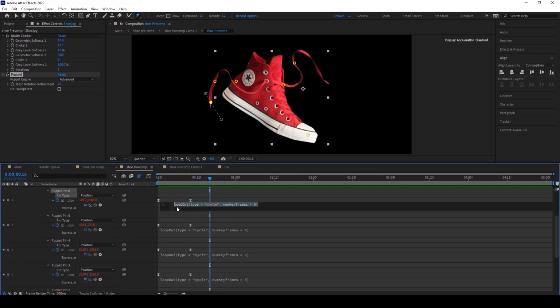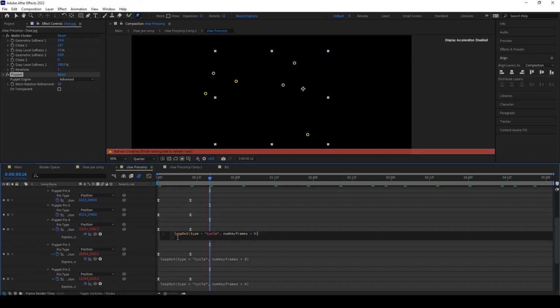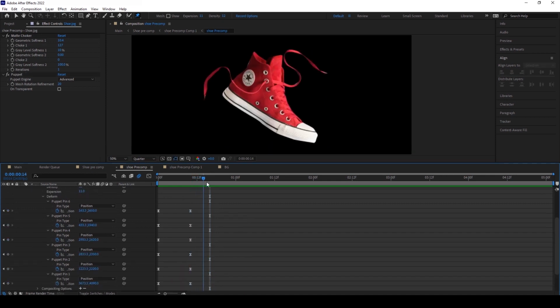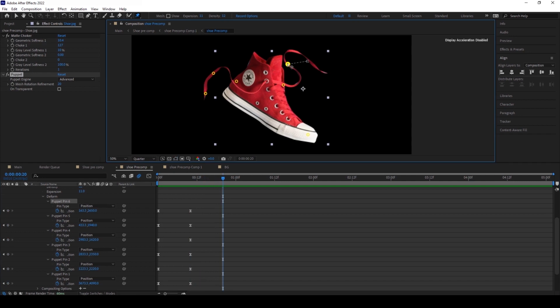I want to delete everything. I'll go to some 20th frame and animate this right side leg again. Just drag a little bit down. It should touch this feet of the shoe, and do the same for the left side leg